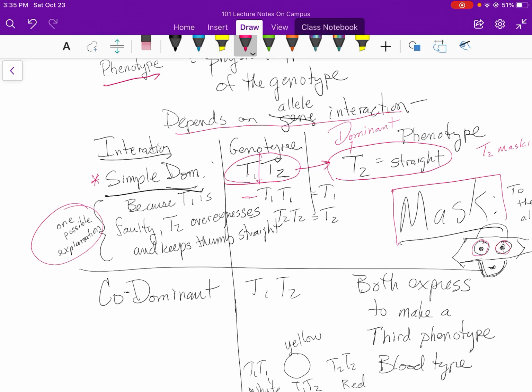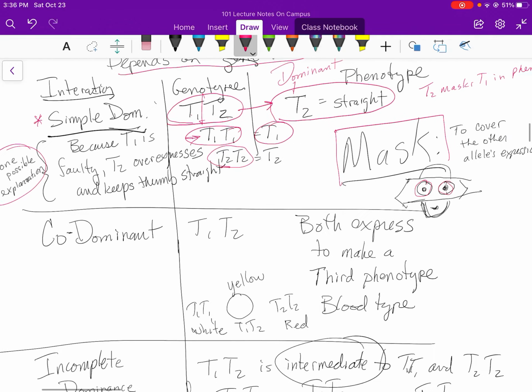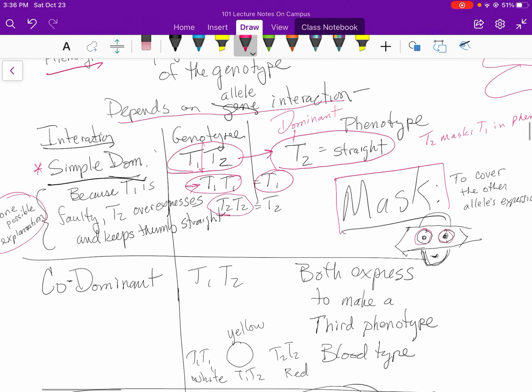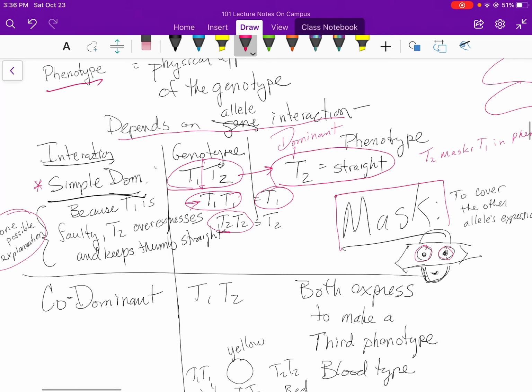So if an individual has a genotype of T1, T1, then they're going to express T1, so they'll have a curved thumb. This is called the homozygous recessive. And this one over here is homozygous for T2, which will show the T2 straight allele. Okay, so we have different names for these, and I probably should mention them, because when the two are the same,